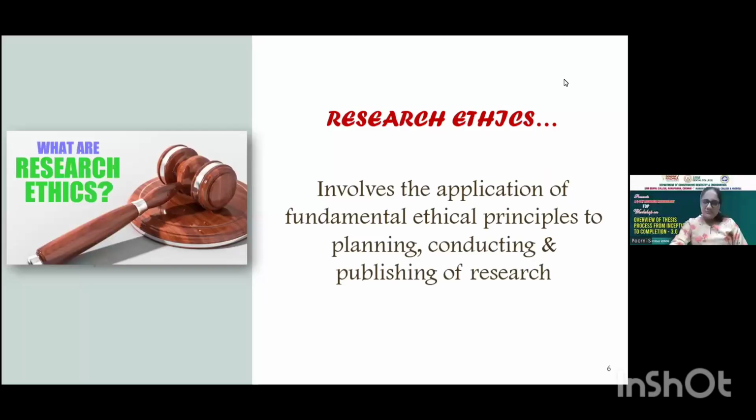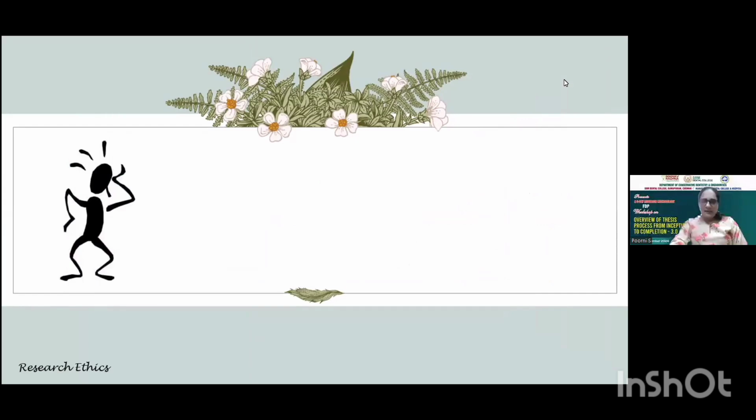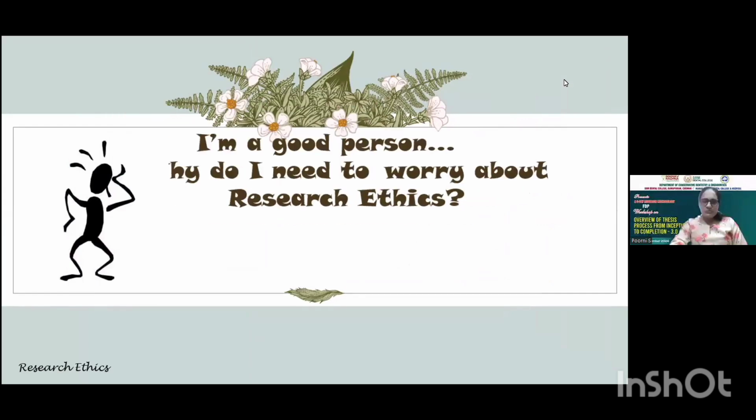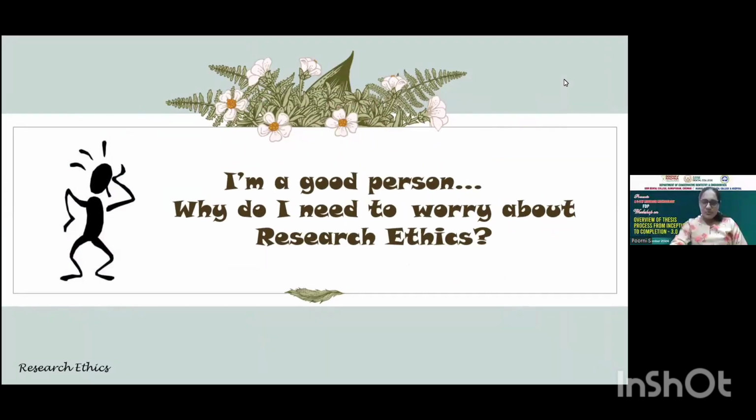Nothing but involving the application of fundamental ethical principles to planning, conducting, and publishing of research. So now you would be well versed in how to plan a research, conduct a research, and publish a research. But before we do all that, we need to keep these fundamental ethical principles in mind whenever we plan a research. So everybody has this one question in mind: I am a good person, so why do I need to